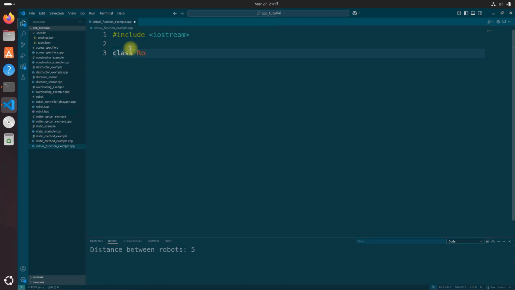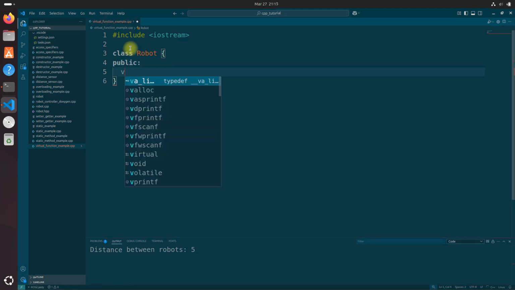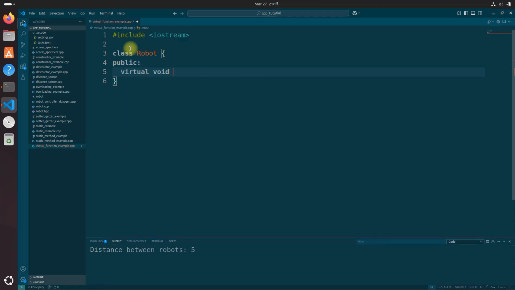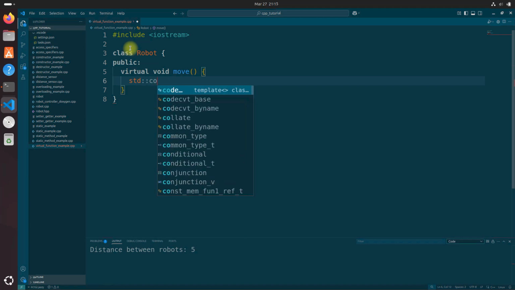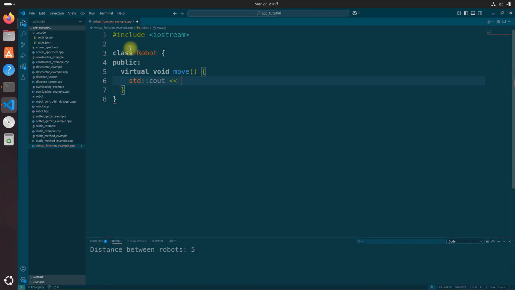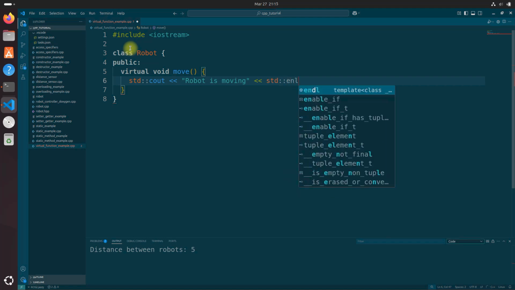Let's do class Robot, and let's do public: virtual void move, and let's say std::cout, "Robot is moving." std::endl;